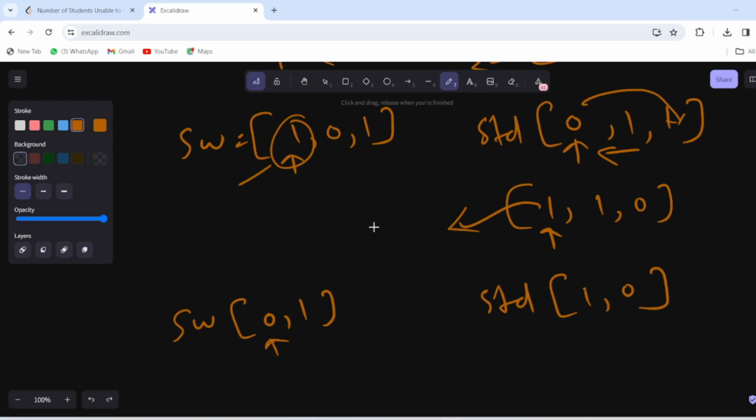Now check the preference. No, the preference is not similar. So this student will move back and the queue will move forward. So now the queue will be this. So yes, the first student's preference and the top sandwich of the stack are the same. So pop this element from the top of the stack and let this student go out of the queue.